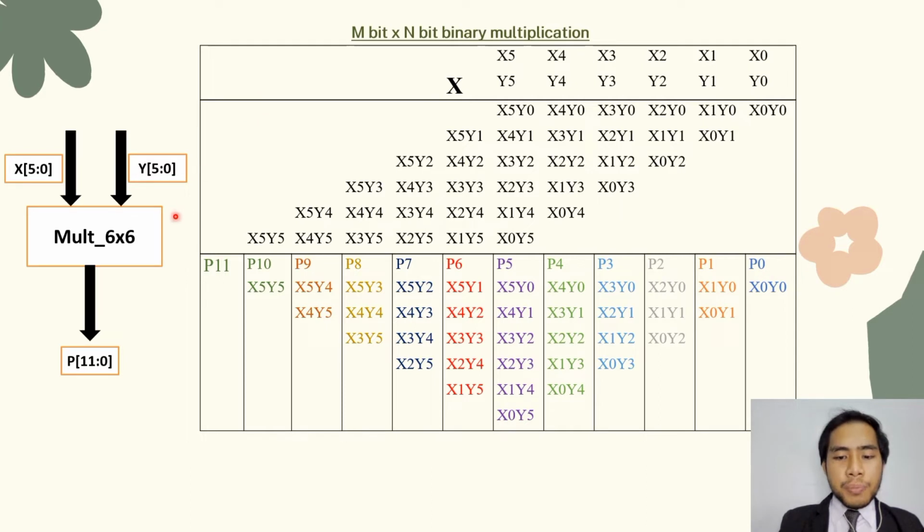There are two inputs of this multiplication, which are X and Y. Each input comprises a range from 0 until 5. It will generate 12 outputs from this multiplier, 6 times 6. The product bit size will be 12, the sum of products. Next, we have to multiply the n-bit multiplicand with the n-bit multiplier to get the partial products using AND gates. The total of the AND gates that we use is 36 AND gates.